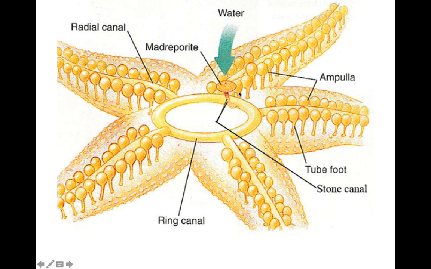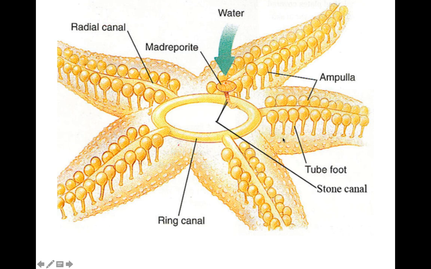But these little radial canals have little branches on them as well. And these little branches that you see pointing towards the oral surface are tube feet. These tube feet are structures that operate basically like little suction cups. And they can do anything from help this starfish to move around, so they act like little walking legs, or